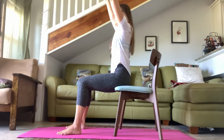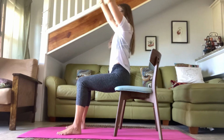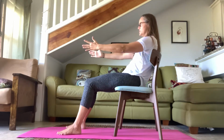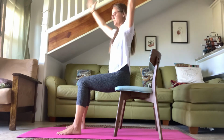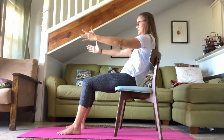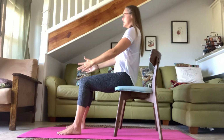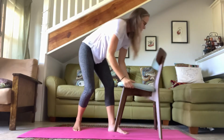Inhale, back up. Exhale, twist. Tuck and roll back. One more round. So you're reaching up and then you get this nice rotation. One more roll back. And then restack the spine up straight. Fantastic. And then you're going to take your chair and just bring it kind of to the front of your